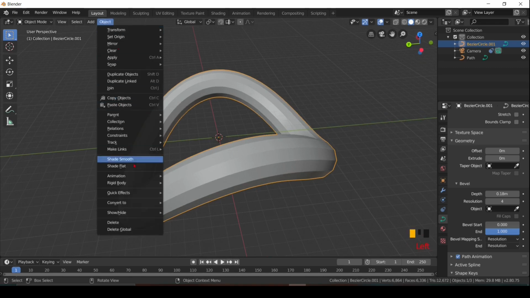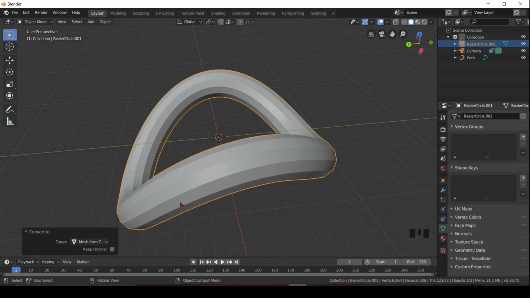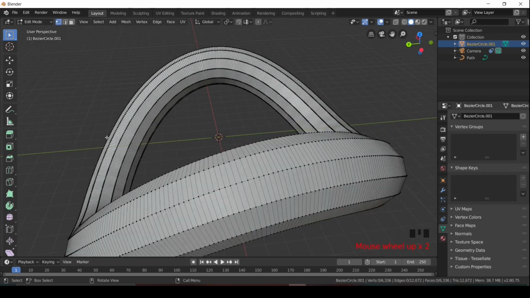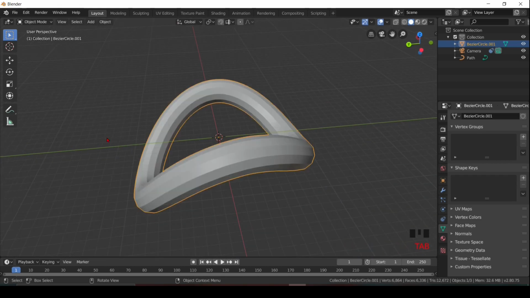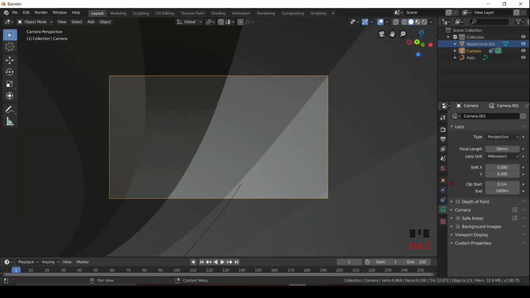Go to the object, convert to mesh. Now if you press the Tab key, you will see the object is converted to mesh. Come back to the object mode and press num key 0 for the camera view.